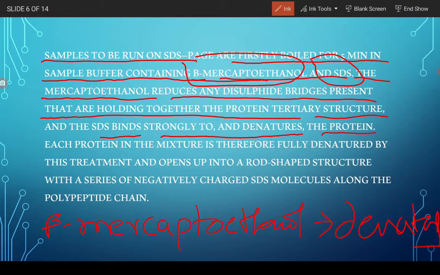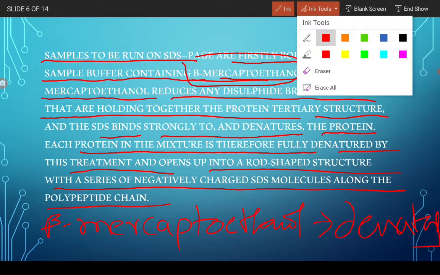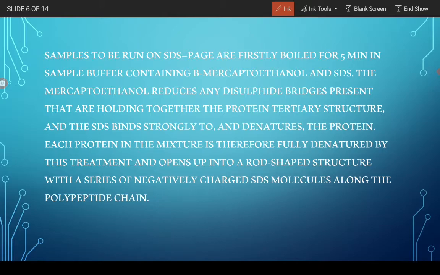It binds strongly to the protein and provides a negative charge to the whole protein. Now each protein in the mixture is therefore fully denatured by this treatment and opens into a rod-shaped structure with a series of negatively charged SDS molecules along the polypeptide chain. So what we do is we take the sample protein and we boil it with beta mercaptoethanol, which destroys all the